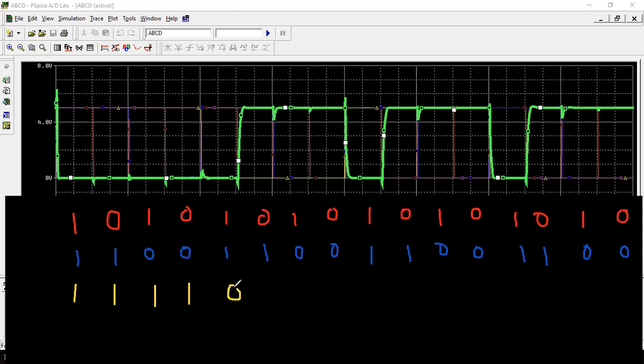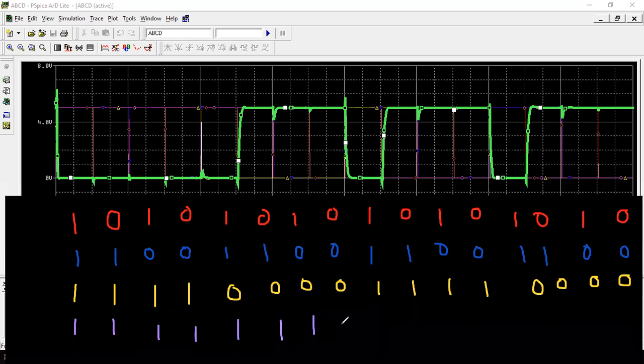4, 1, 4, 0, 4, 1, 4, 0. Next come the VD, right? So 8, 1, 8, 0.